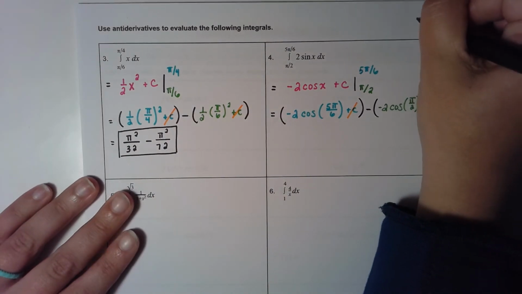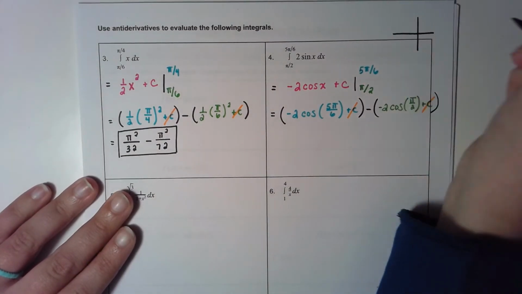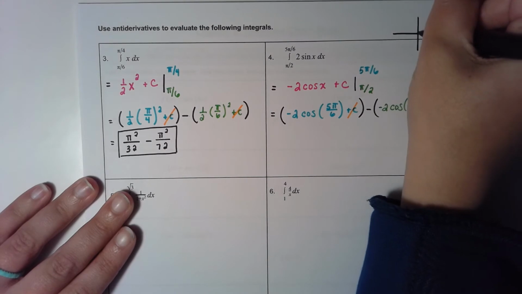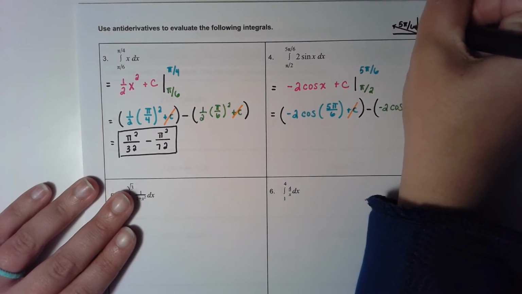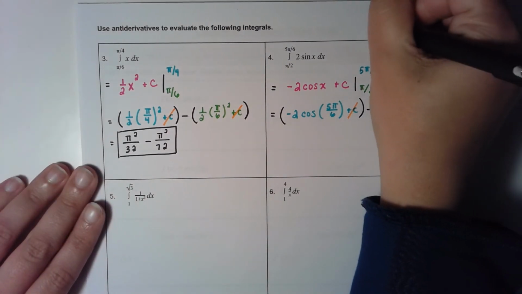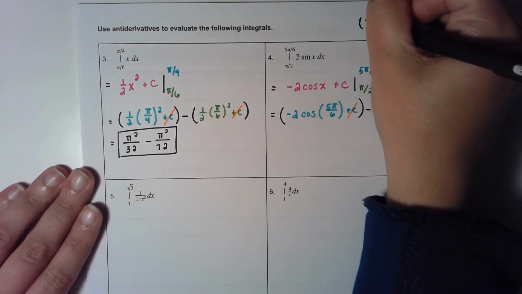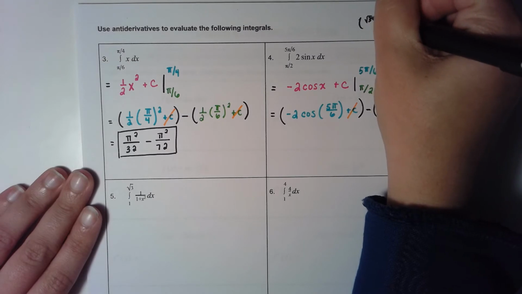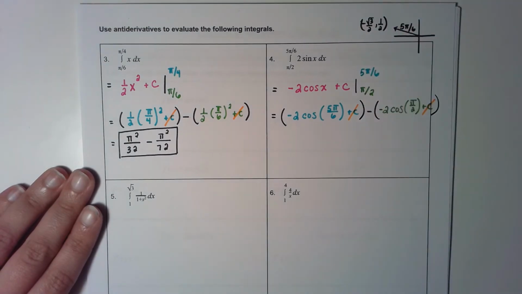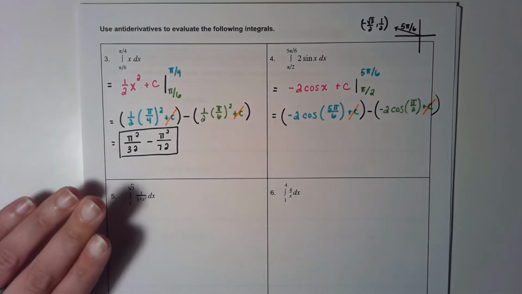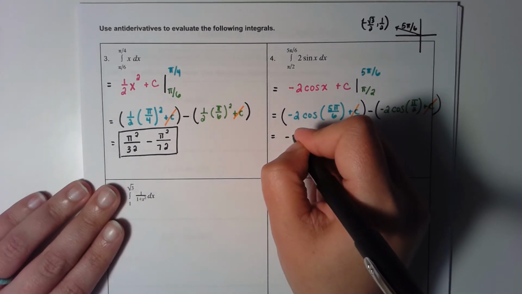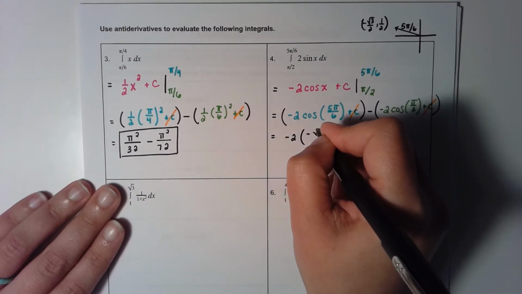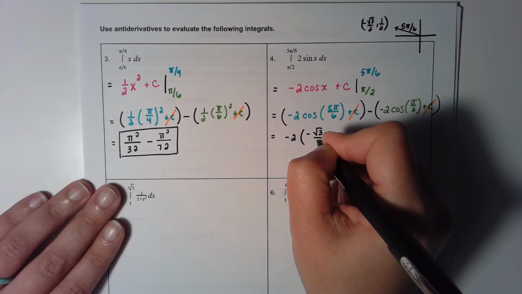So I'm going to think back to my unit circle. Cosine of 5 pi over 6 would be right here. This is 5 pi over 6. It's one little bit before 6 pi over 6, which would be pi. The point there would be square root of 3 over 2, comma 1/2. And this is going to be negative because you went to the left. So cosine would be negative root 3 over 2. So we would have negative 2 times negative root 3 over 2